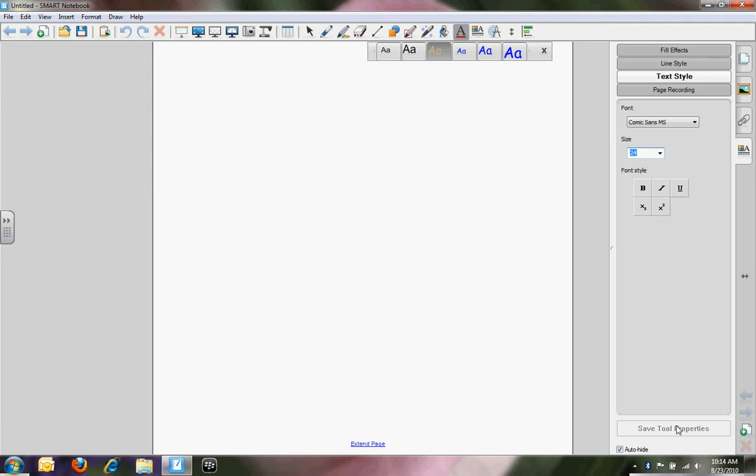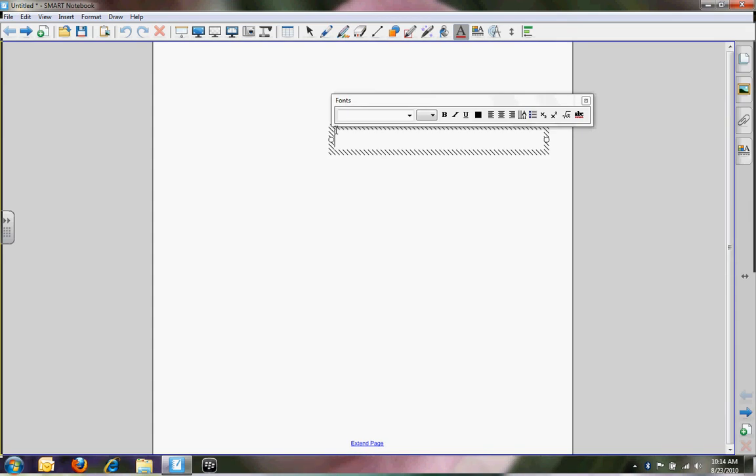Mine's already been selected. Then I'm going to click Line Style. I chose a tan or a brown, and again I'm going to choose Save Tool Properties and click back into my workspace. Now I can begin typing my words. I'm going to start off by typing words that have to do with magic. So I'm going to start with the word wand,